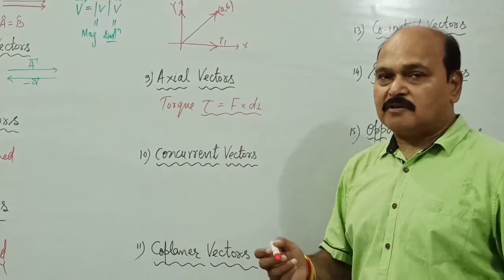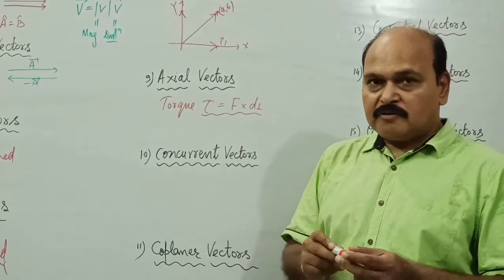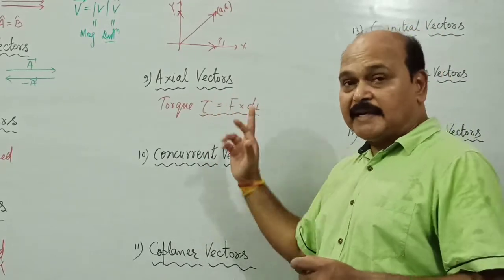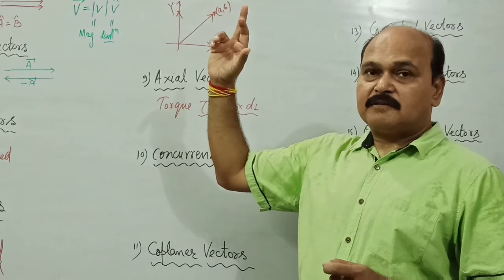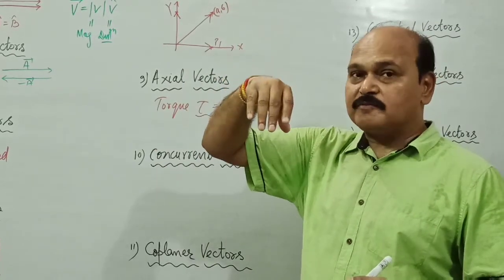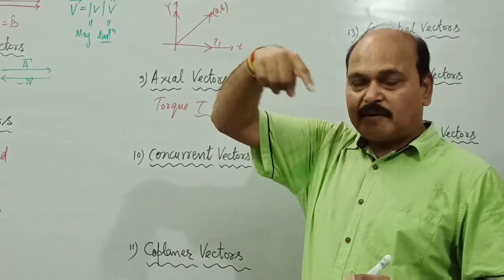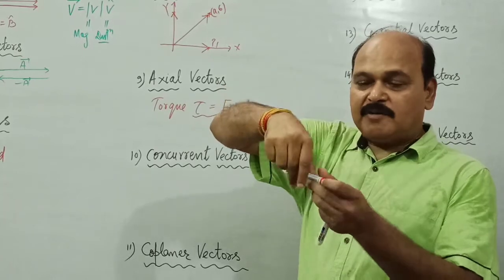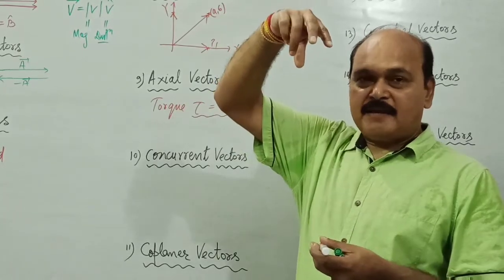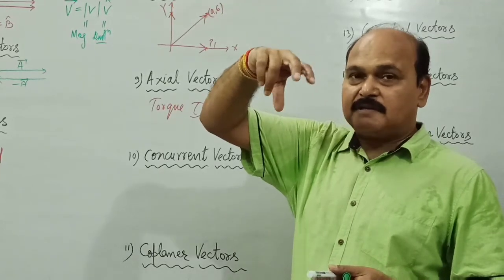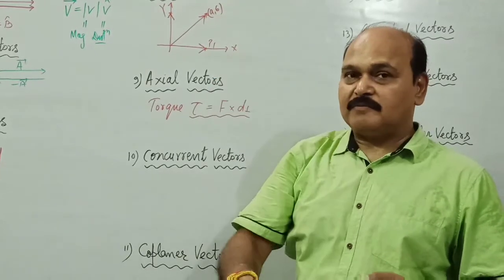What is the direction of torque? Well, the direction of torque we know. The direction of torque is for a rotating body, and that is along the axis. There are a number of examples, like the water tap at your homes. When you open the tap it rotates in anti-clockwise direction, and as the tap rotates anti-clockwise, it moves along the axis up. And as we rotate the head of the tap in clockwise direction, it moves down.